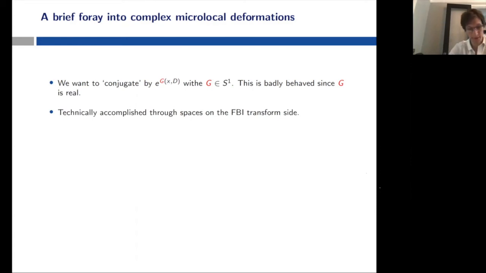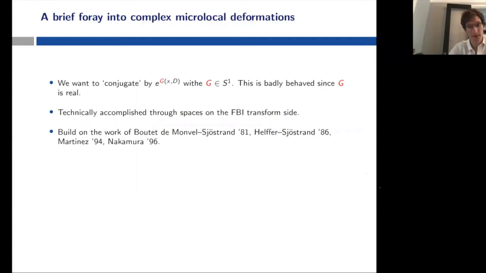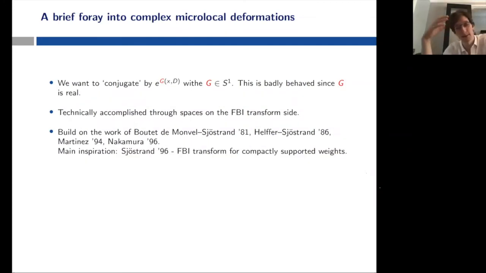Okay, so what that means is we're going to build on some work that goes back quite a while now. Boutet de Monvel, Sjöstrand, Helffer, Sjöstrand, Martinez, Nakamura, they all introduced various notions of FBI transforms and deformations thereof, or weighted spaces. And they built some tools which let you handle this type of thing. In particular, the main inspiration for this type of FBI transform was due to Sjöstrand in '96,